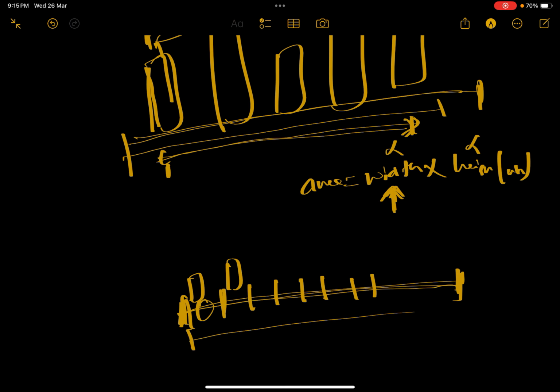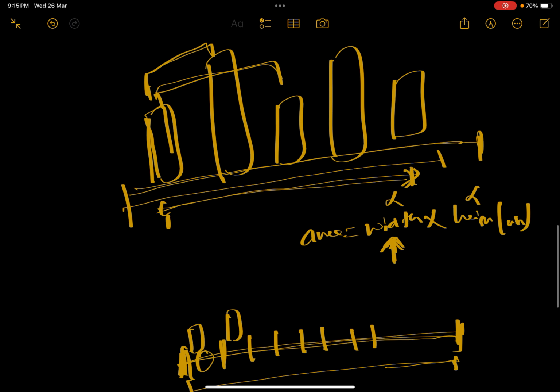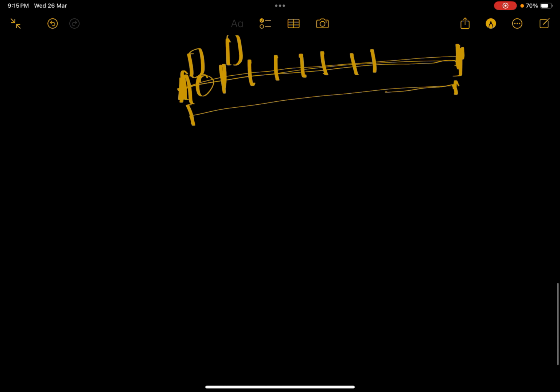So I will start from the ends only so that I can maximize the area. This is the thought which you have to think. Why will I start from here, first and last only? Okay, so